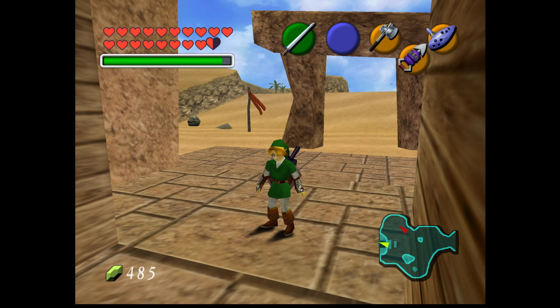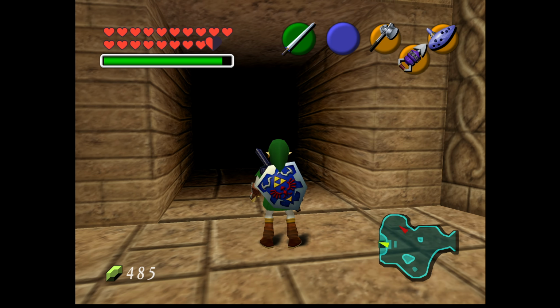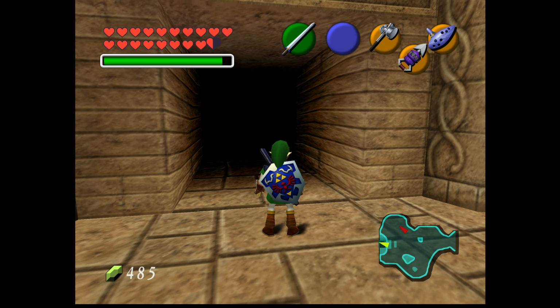And then we came over here to the Spirit Temple effectively. Did like a couple more things. Got the last heart piece in the game. And now we're ready to do the Spirit Temple as an adult. So without further ado,